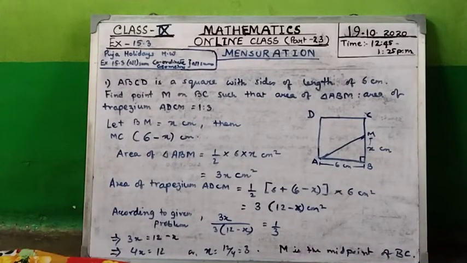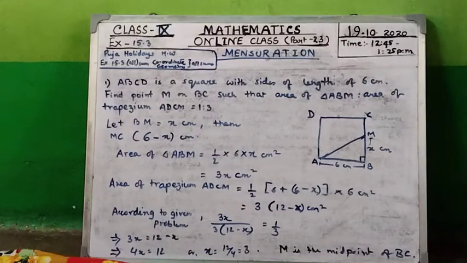Now we don't know the distance of BM, so we are taking it as x. Since it is a square, all the sides have the same distance. If AB is 6 cm, then obviously BC is also 6 cm. But what is BM? BM obviously will be 6 minus x. So